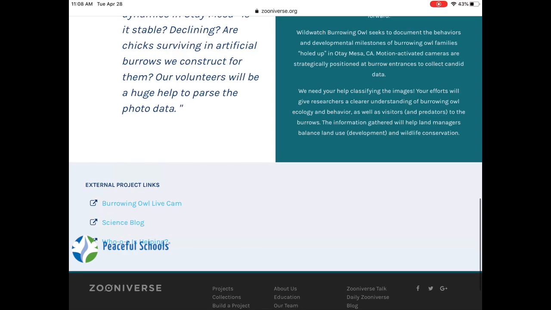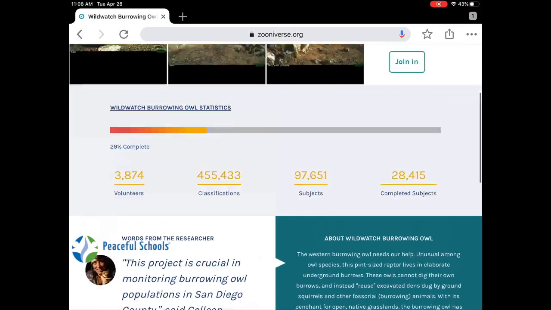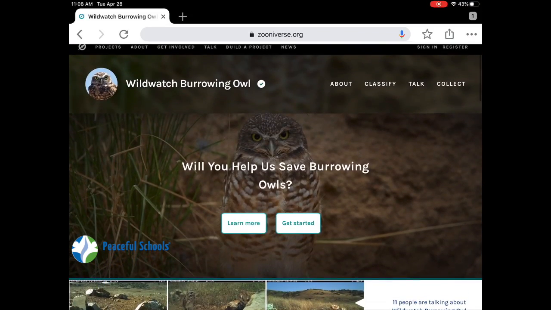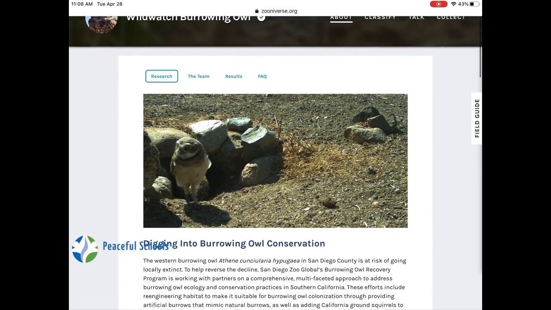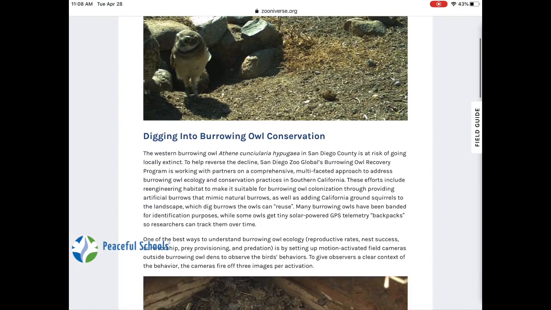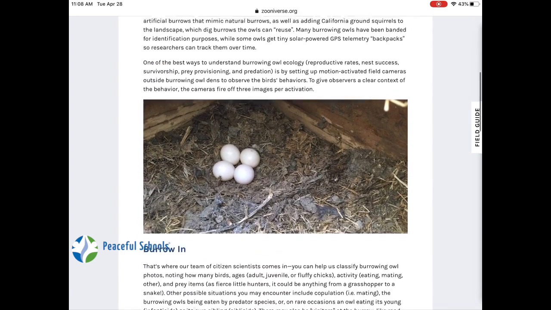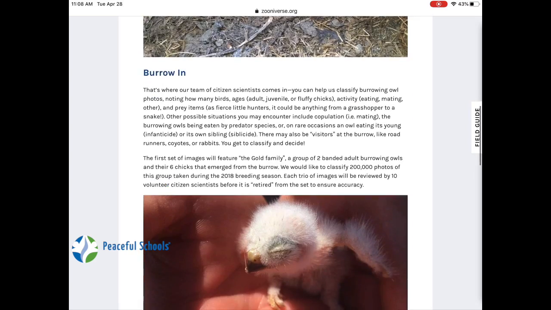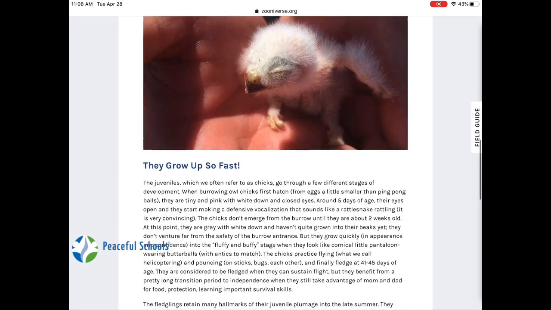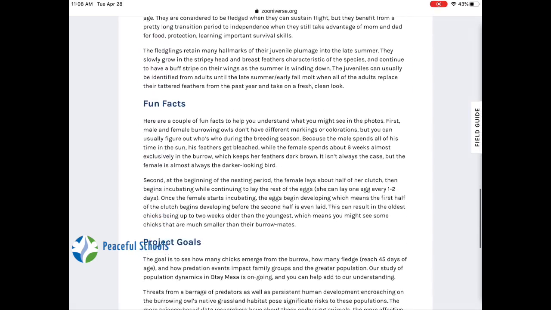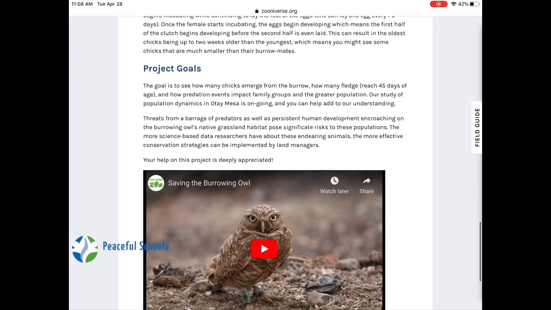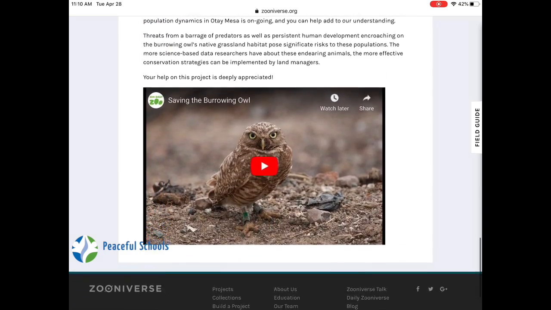But if you scroll back up, we are going to click Learn More, and this goes into a little bit about burrowing owl conservation and why they're doing this project and what they're specifically looking for. So if you want to read over this, you can learn about the burrowing owls, very cute little burrowing owl, before you get started actually doing the science project. So I am going to go back